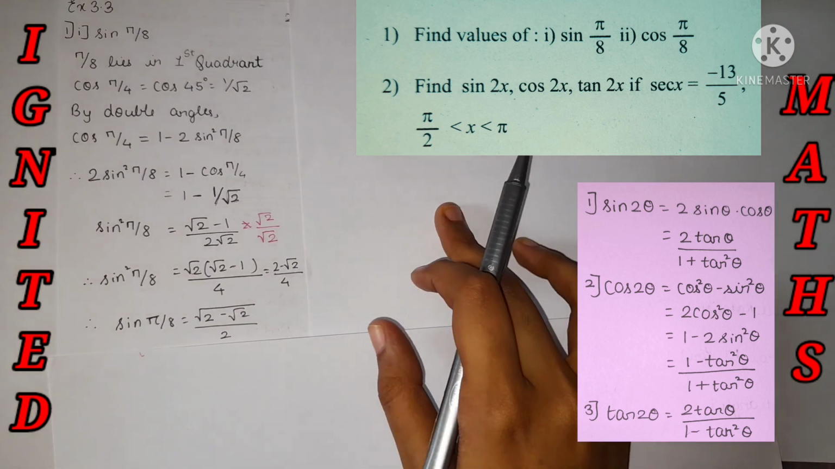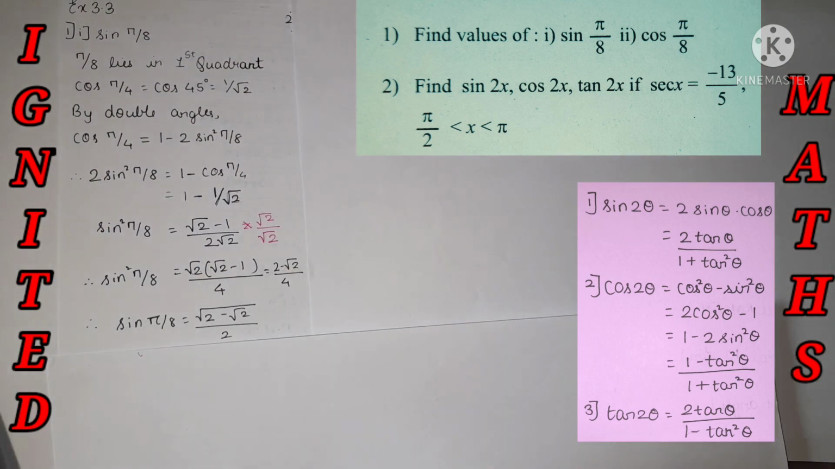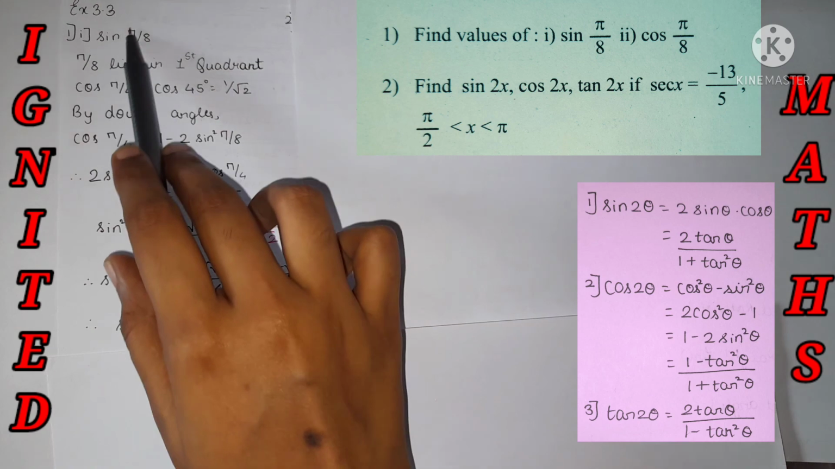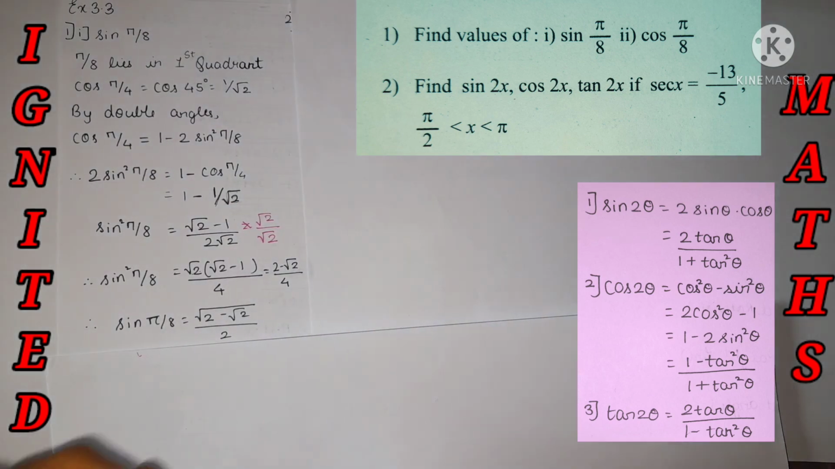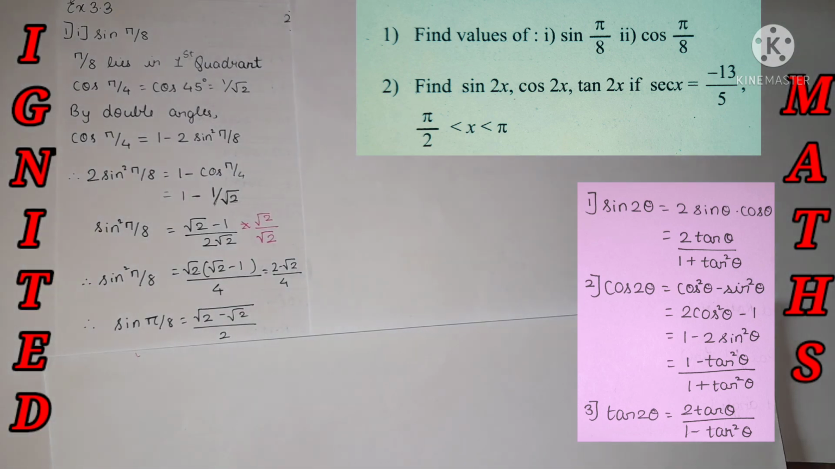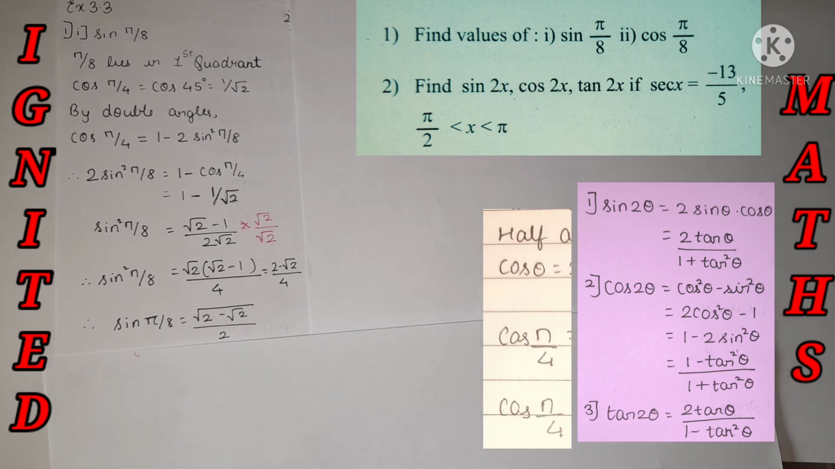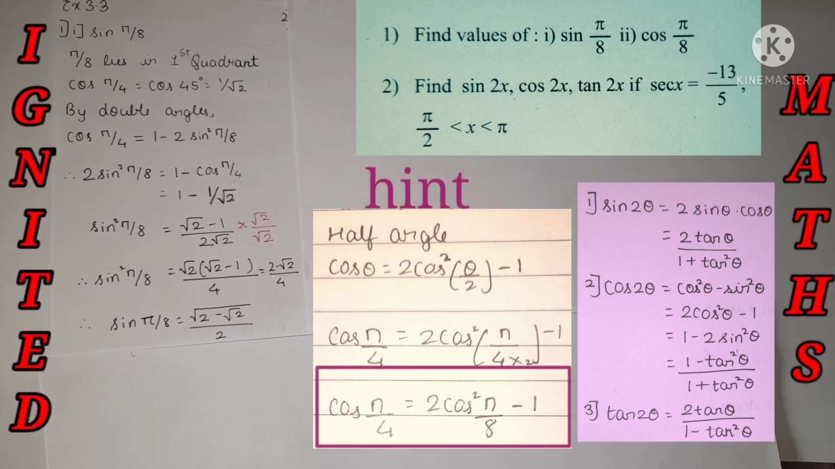Hint for doing the second sub question. Okay, the question is absolutely same. Like over here, for sine pi by 8 we needed to find the value, in the second sub question we need to find cos pi by 8. So what we can do, okay, we know that cos pi by 4 is equal to 1 by root 2. Yes, by the double angle theorem we know that cos pi by 4 is equal to 2 cos square pi